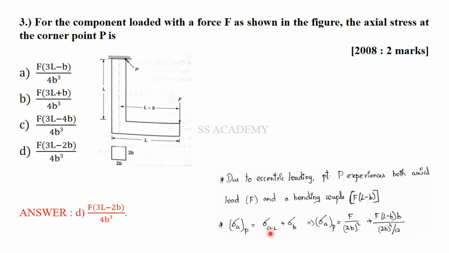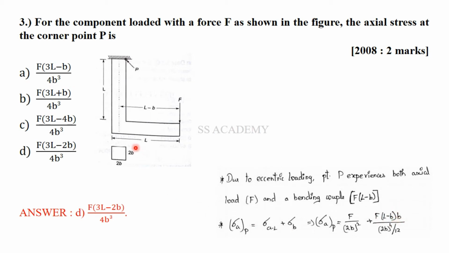And we know that axial stress is calculated as F by area. That is, this area is given as 2B into 2B. So it is F by (2B) the whole square. We also know that bending stress is calculated as M by I is equal to sigma B by Y, which gives M Y by I is equal to sigma B. Here you know F into L minus B becomes the moment, which is M, and Y refers to the distance